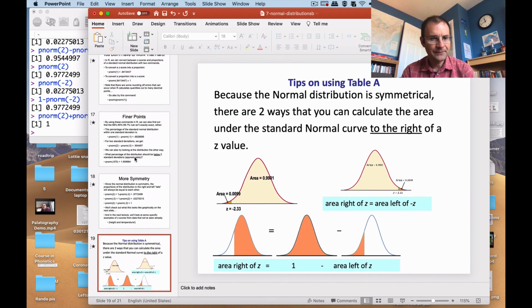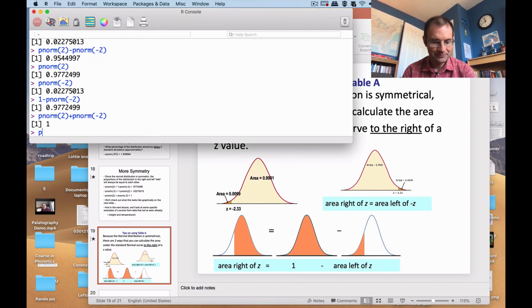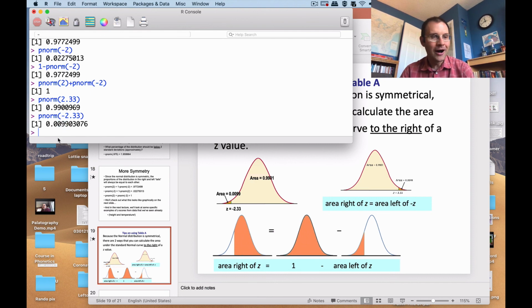Let me verify that with just some R wizardry here. So if I have a pnorm of 2.33, again, this is giving me about 99% of the distribution, and a pnorm of negative 2.33 leaves me about 1% of the distribution, with, again, a little bit of rounding there to help us out. And then if I do this, it should wind up being the exact same thing as this. What that is saying, another way to put it,